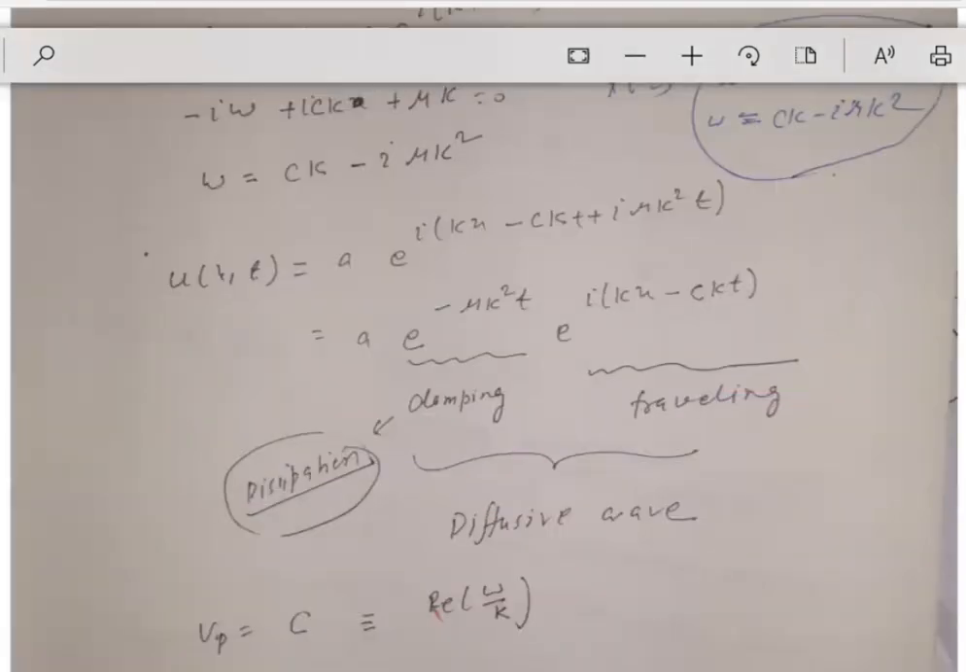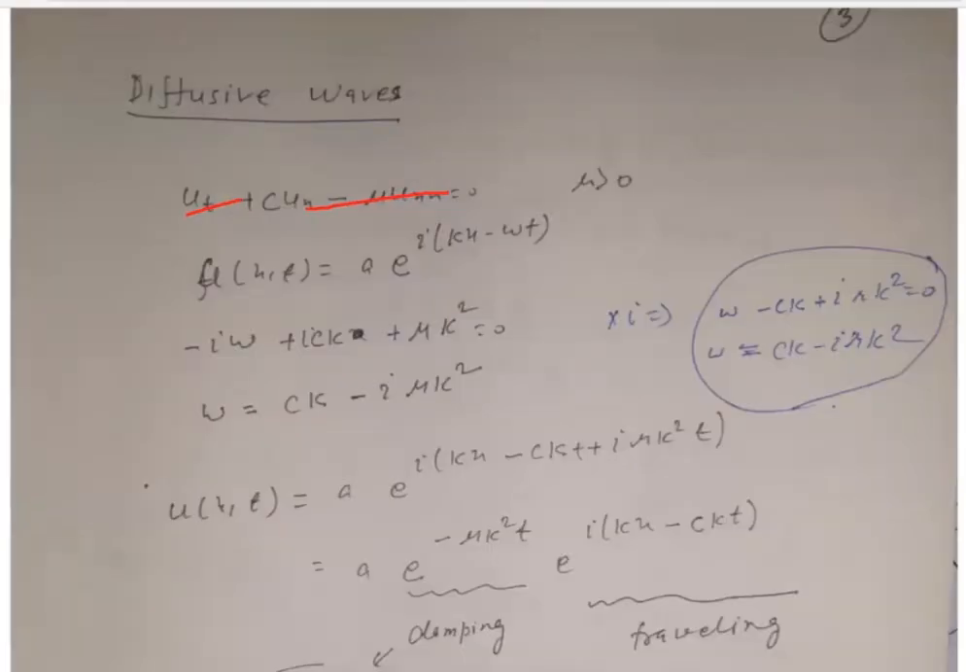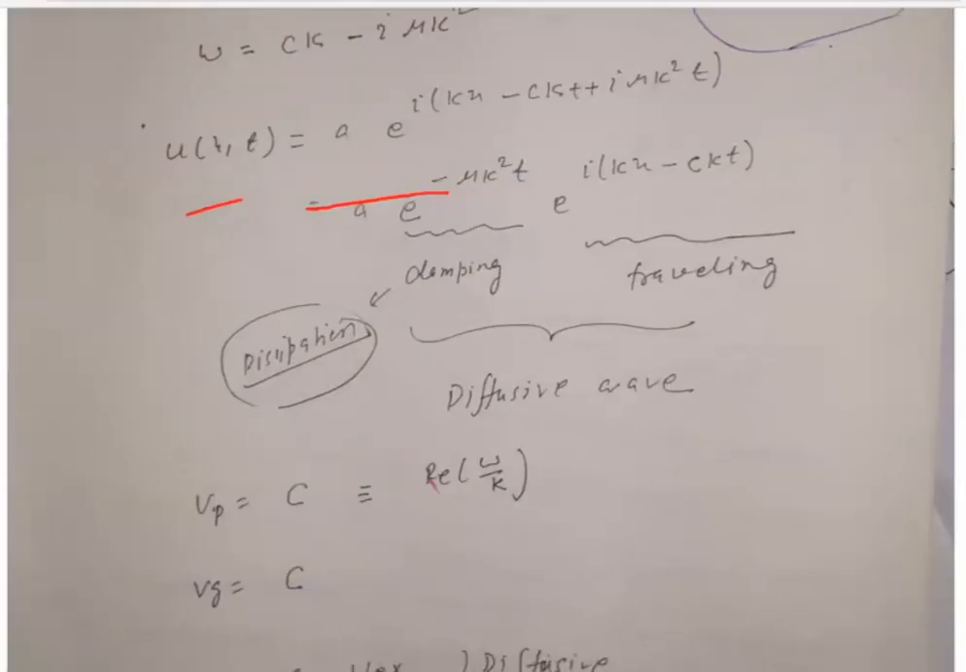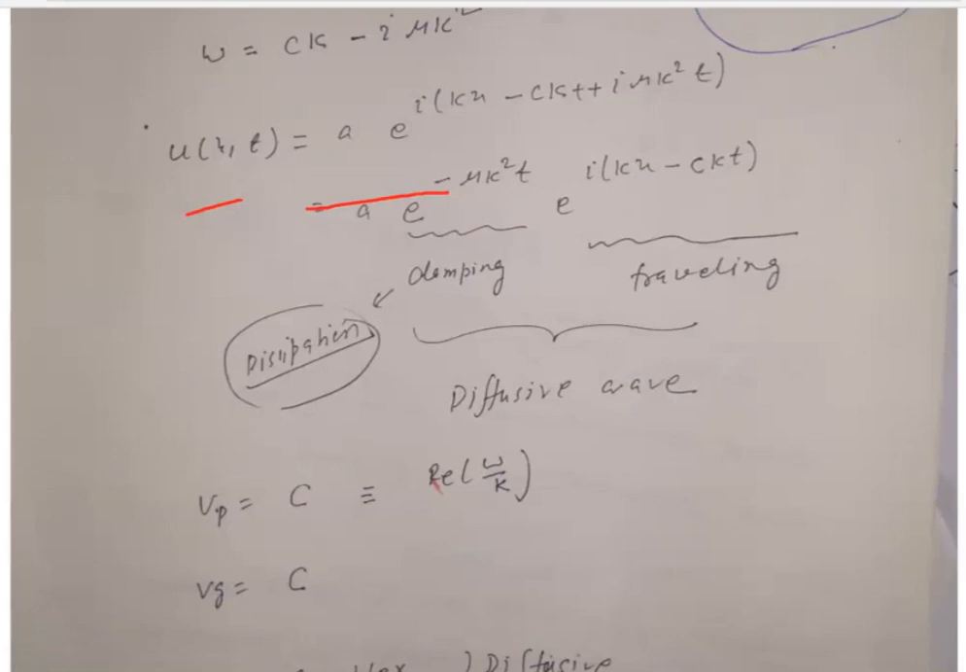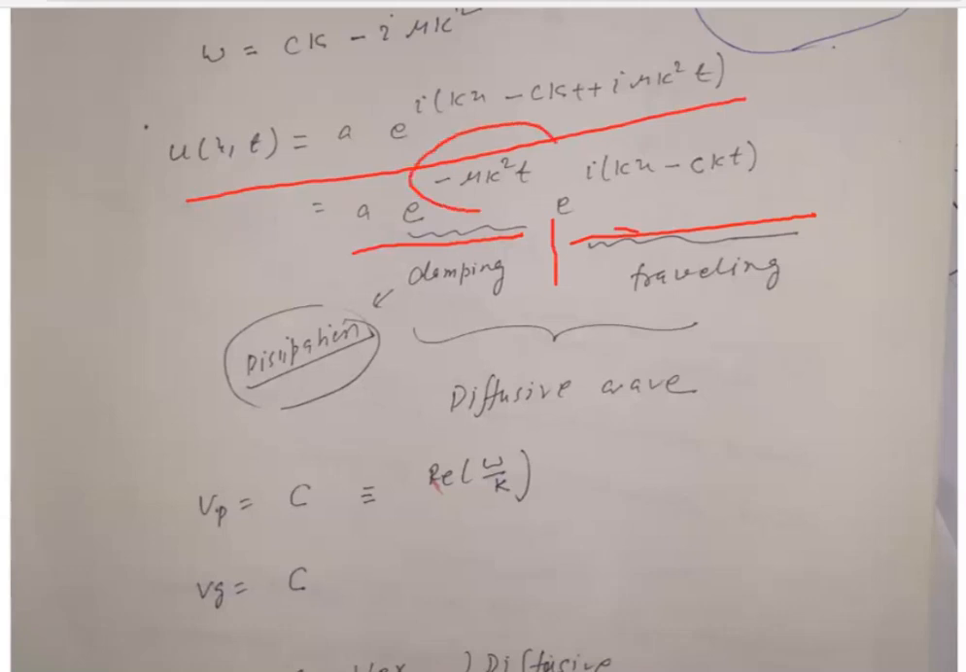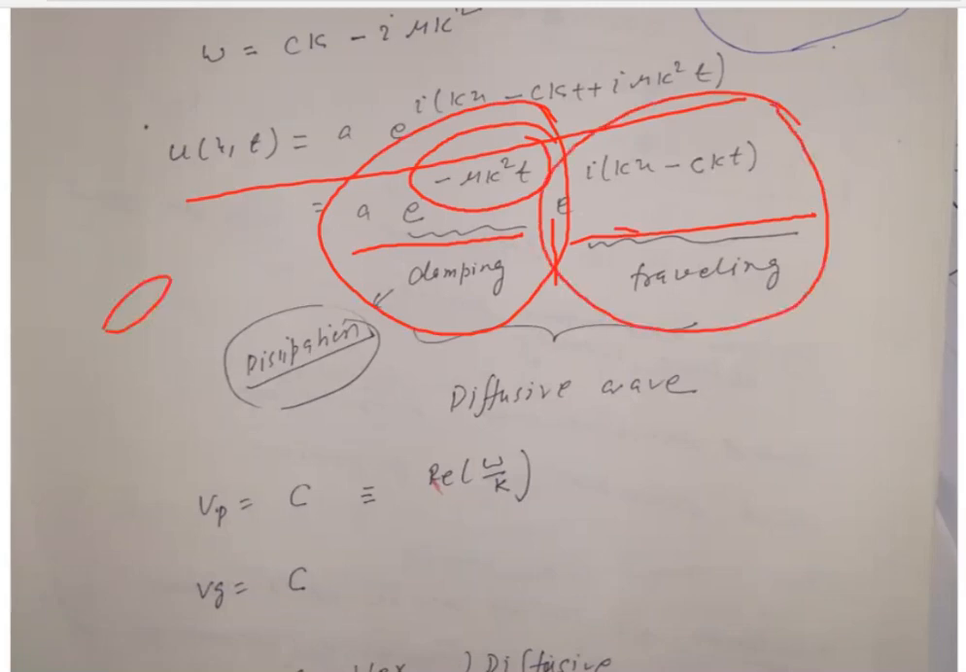So you got W. So put it here in the equation, you will get u(x,t) like this. Take out the real part; this is the complex part. So this is nothing but, see here, the minus sign. So this is the damping